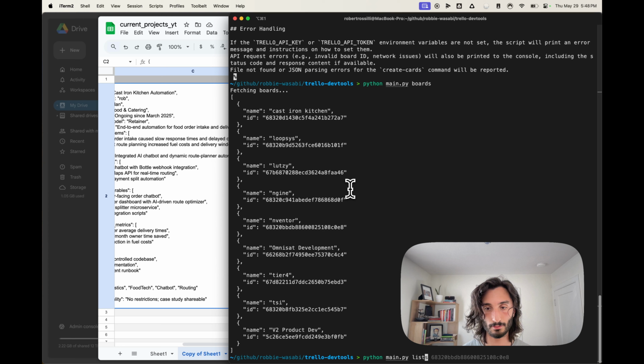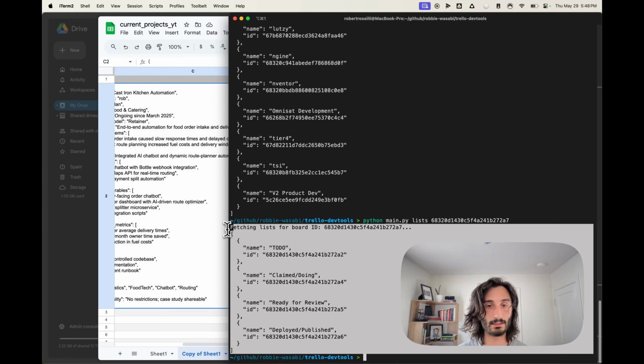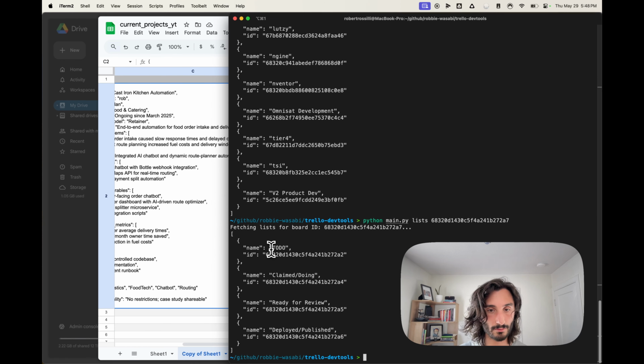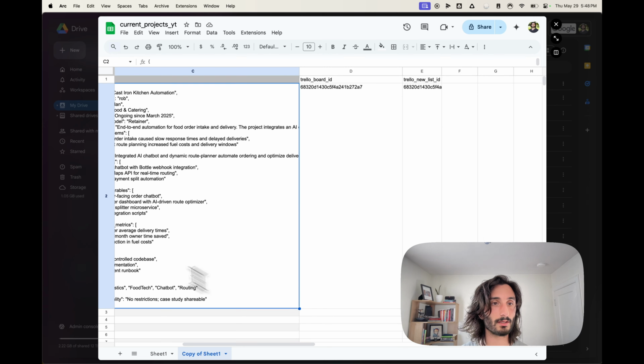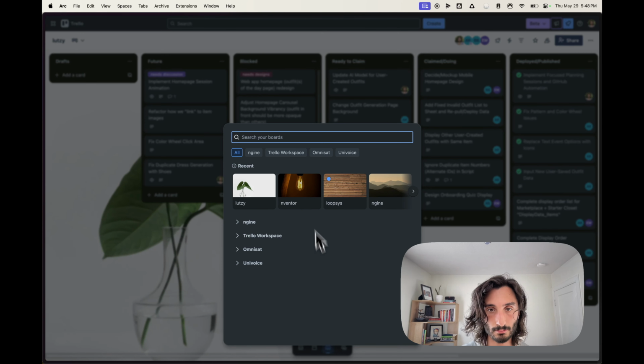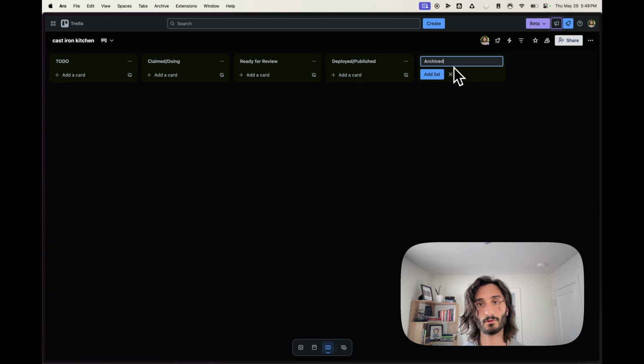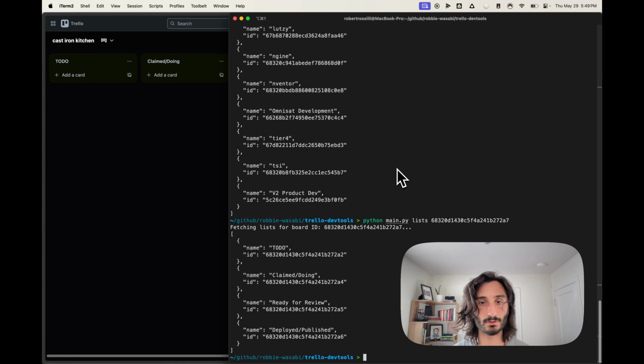You could do Python main.py lists and then pass in the board ID, and then it'll give you the IDs of the lists. And if you see, I have to do, claim slash doing, ready for review, deploy slash published. I actually like to have one more, but let's go to Trello. Okay, Cast Iron Kitchen, right here. So you see to do, claim slash doing, ready for review, deploy slash published. Then typically I like to have one more, archived. All right, anyway, let's go back